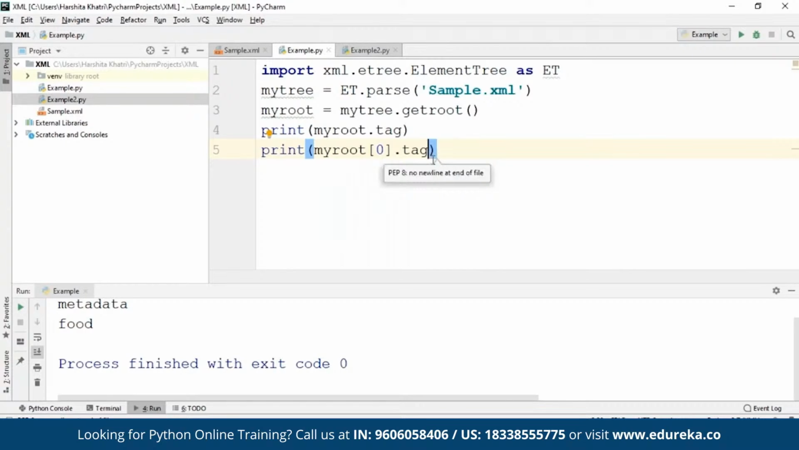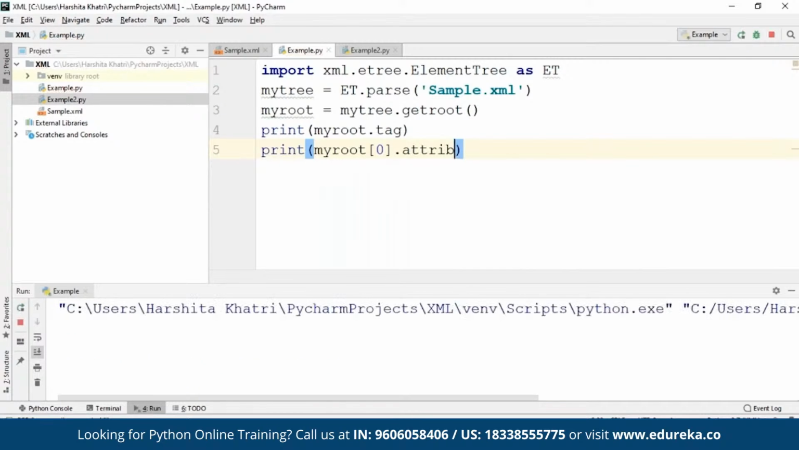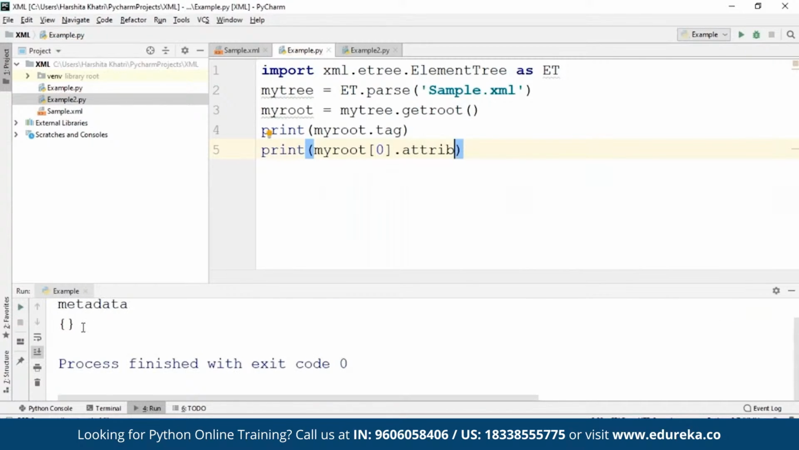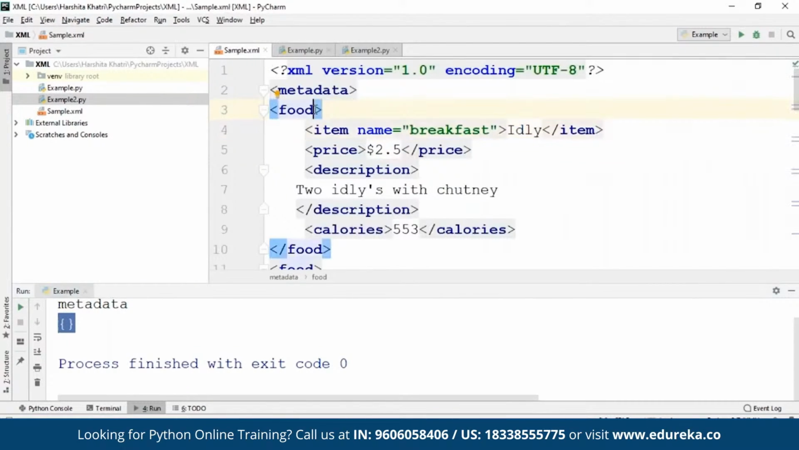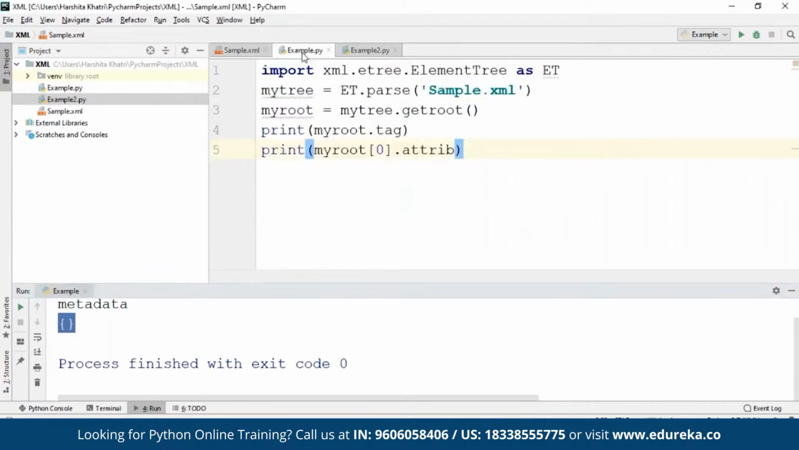So for that, I'll just replace this tag attribute by attrib, and then I'll hit run. So like I've told you earlier, attributes are present as dictionaries. The food tag has no extra attributes, and therefore my output is an empty dictionary. Now, in case I want to print out all the tags and attributes that are present within the food tag,